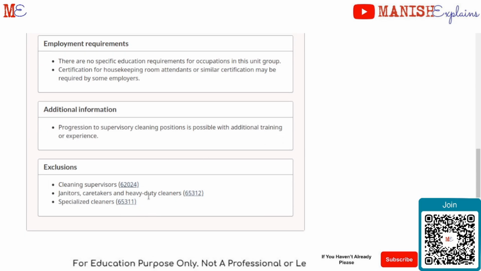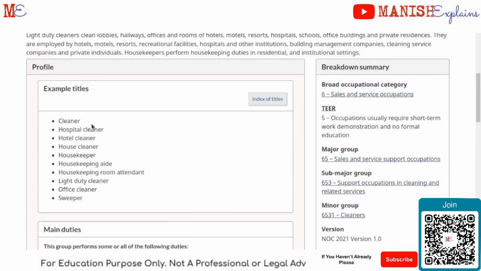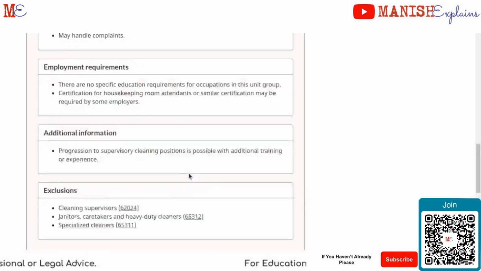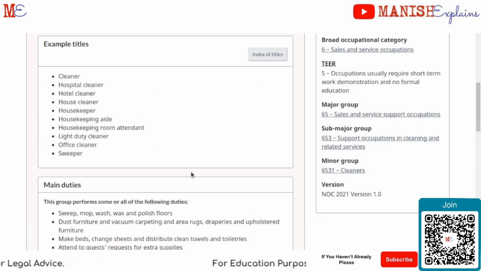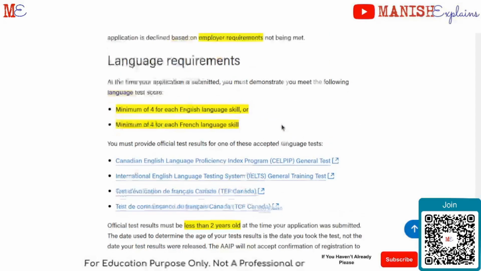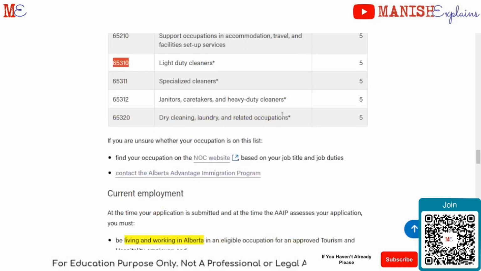This has certain exclusions. For example, this is light duty cleaners. If you are working as a heavy duty cleaner, there could be a different NOC applicable. So this is just an example. There could be similar sounding or similar looking NOCs, but if you come to this particular page and look at your details, you will get an idea whether this actual NOC is applicable to you or not. Okay, so this is a very good page. I just wanted to